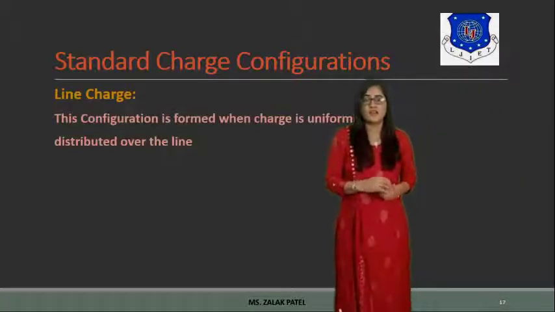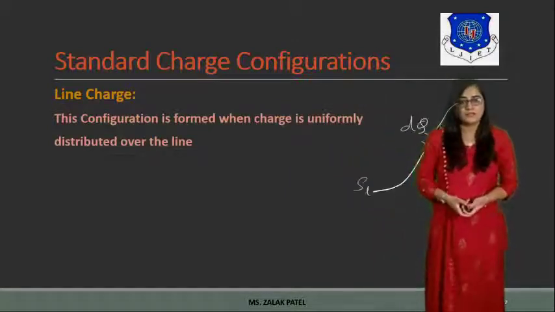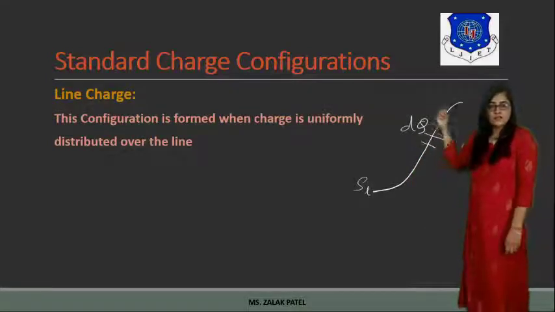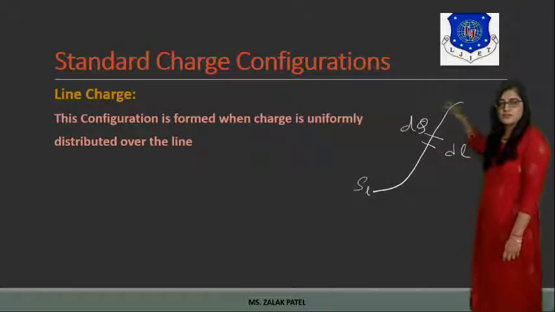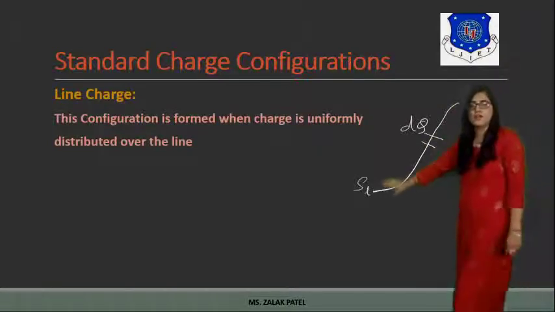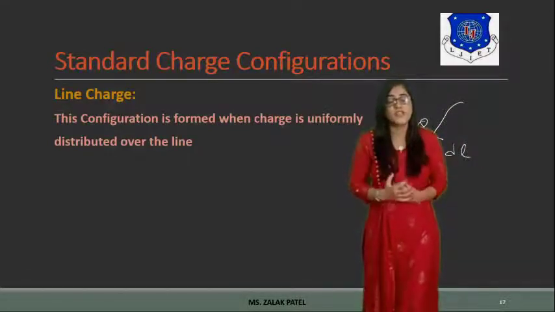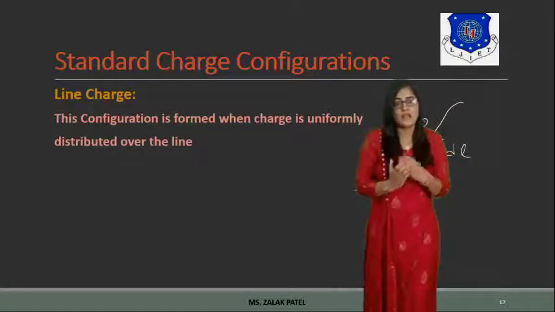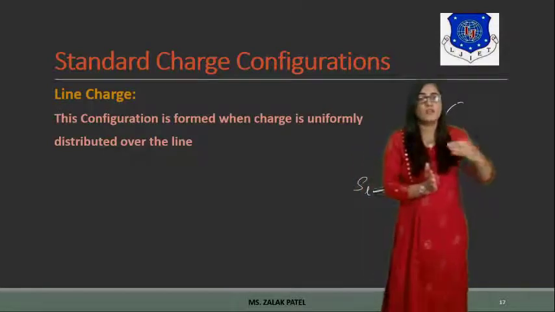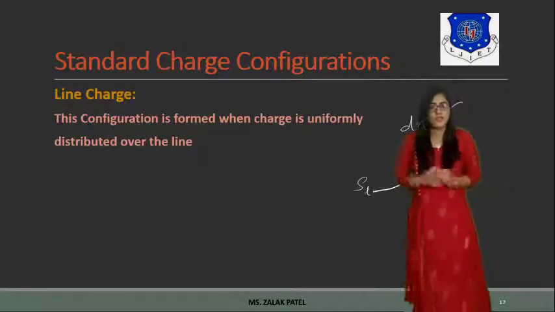In this line charge configuration, the whole charge is equally or uniformly distributed over the line like this. Here you can see that in this particular line, the charge is uniformly distributed. If we partition the whole line, it will be in small pieces dl1, dl2 up to dln. Now if someone wants to find the total charge, they have to do the integration from the starting point dl1 to dln, meaning all the line charges will be added. So in short, they have to do the integration.